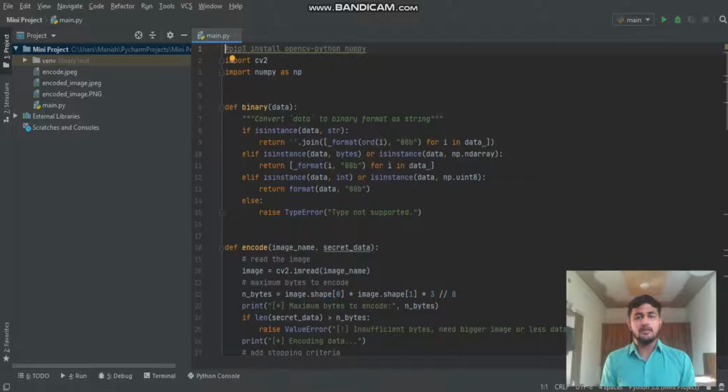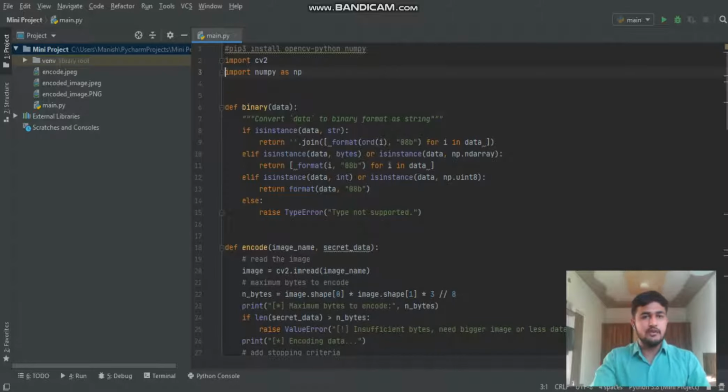In this steganography, we are going to use a technique called LSB, least significant bit. For example, there are pixel images, and there are RGB values, red, green, and blue. They range from 0 to 255, and we are going to divide it into 8 bits. So the least significant bit means the last digit of the pixel will be changed. And let's get started with the project.